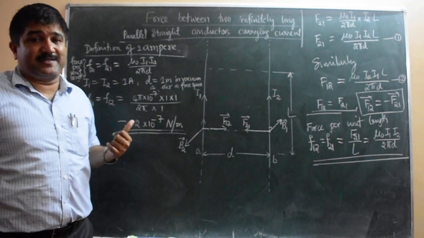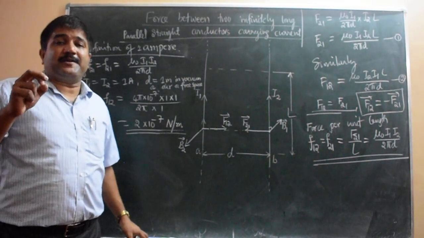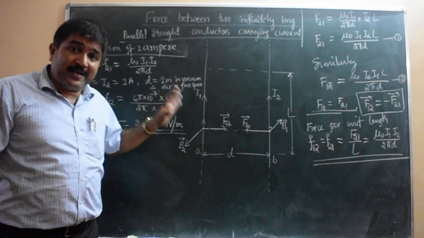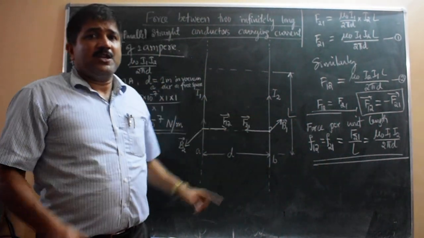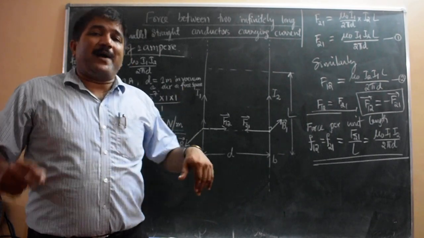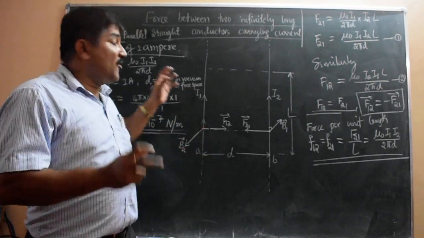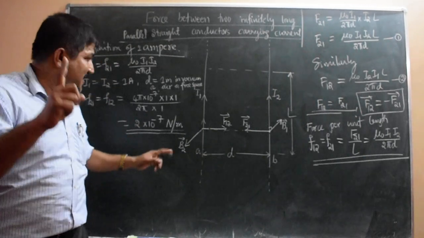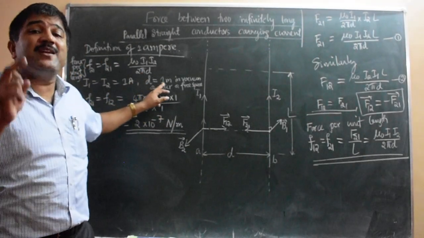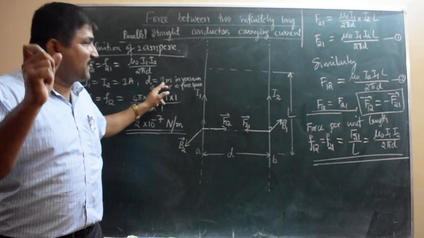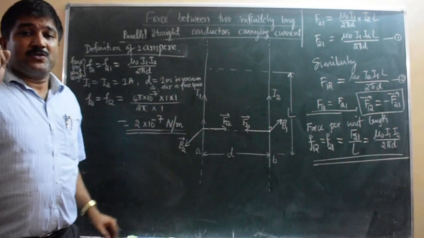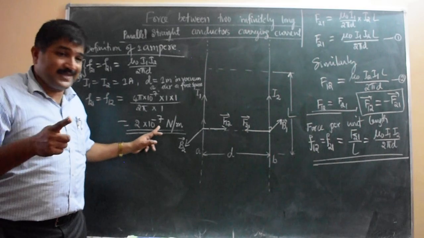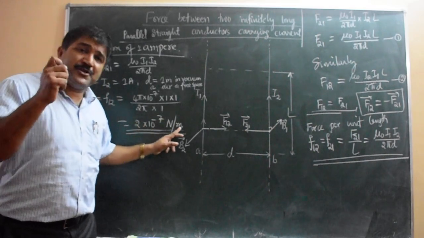I repeat, 1 ampere is that steady current which, when maintained in two straight infinitely long parallel conductors of negligible cross section separated by a distance of 1 meter in vacuum, would produce a force of 2 into 10 power minus 7 Newton per unit length, Newton per